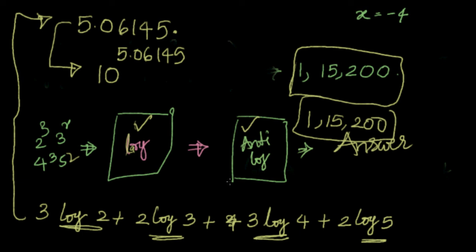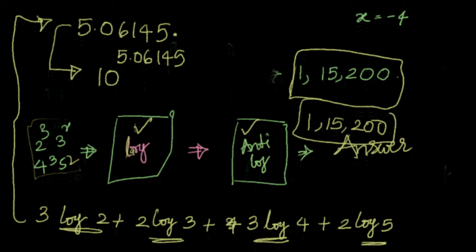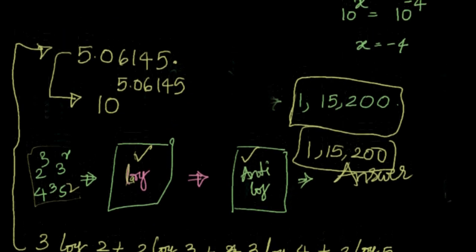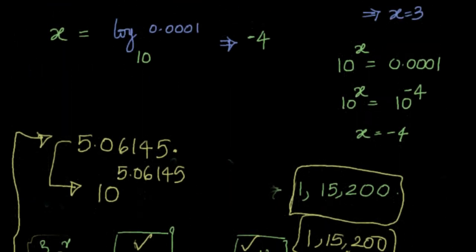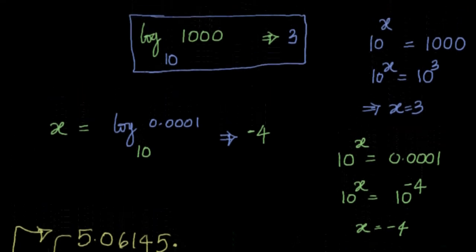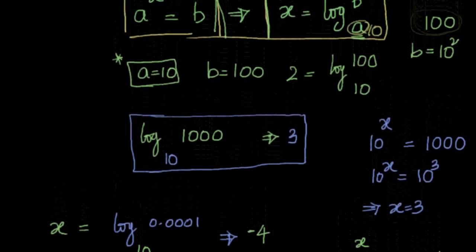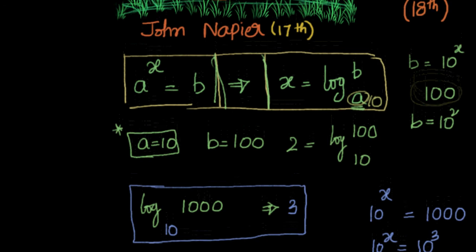Now I have applied anti-log, that's nothing but 10 to the power of this. That has given me that the calculation I have done with the help of calculator or by hand is nothing but equal to this. So this is a simple example, but imagine that if it is having millions and trillions, then it becomes very easy to use logarithms, and logarithms is used everywhere in all the fields and it's very important.